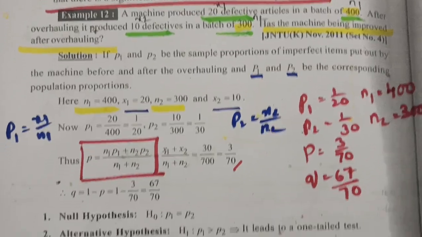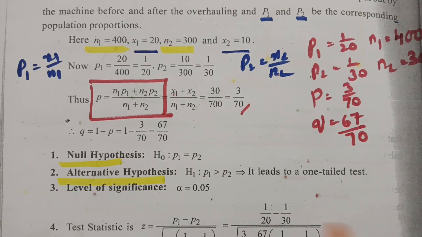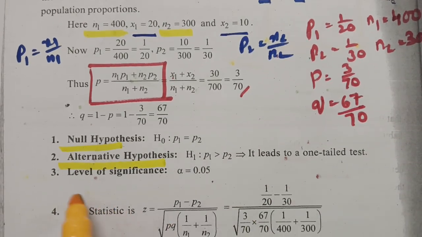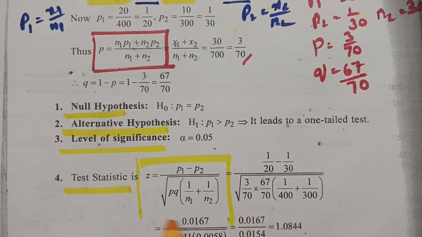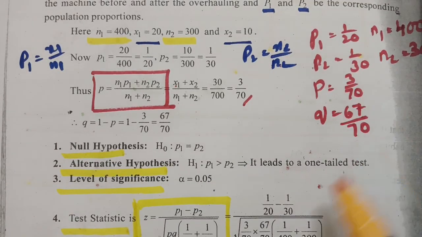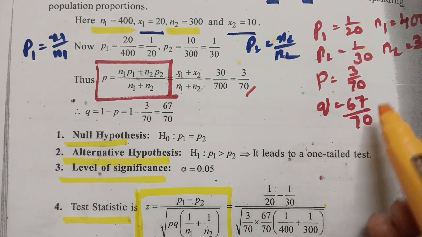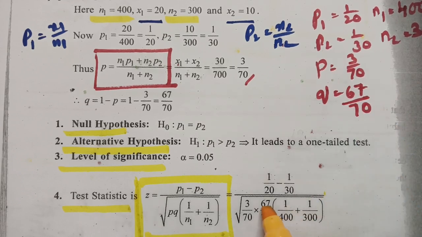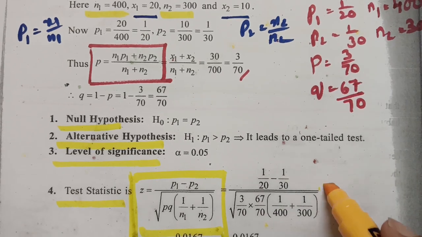Now we go with the null hypothesis, that is P1 equal to P2. Alternate hypothesis, P1 greater than P2, so it leads to a one-tailed test. Level of significance, 5%. Test statistic: this is the formula, P1 minus P2 by root over PQ into 1 by n1 plus 1 by n2. P1 is 1 by 20, P2 is 1 by 30, by root over PQ, that is 3 by 70 into 67 by 70, into 1 by 400 plus 1 by 300. The value here is